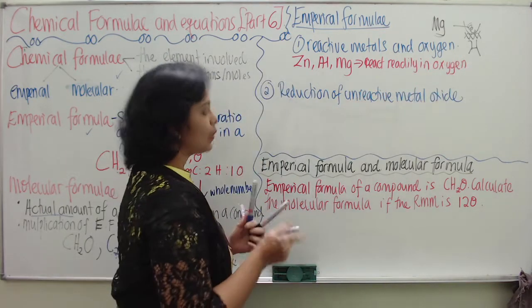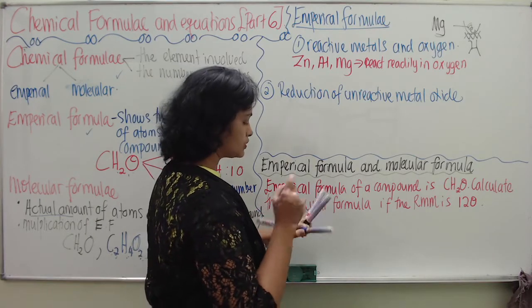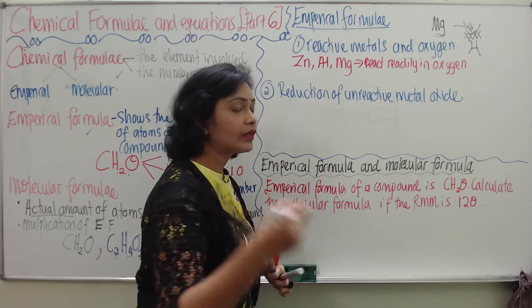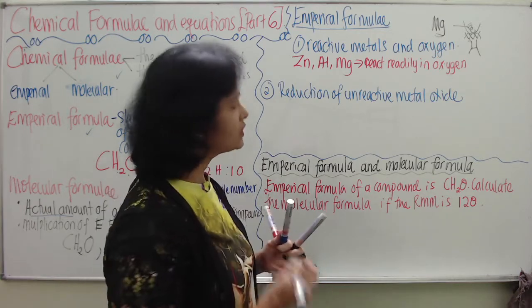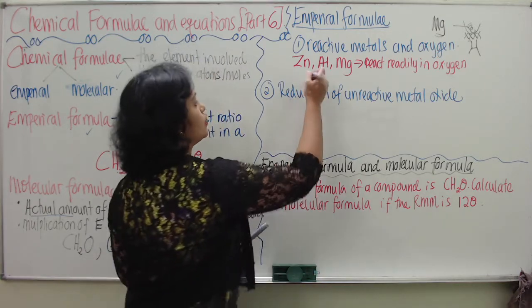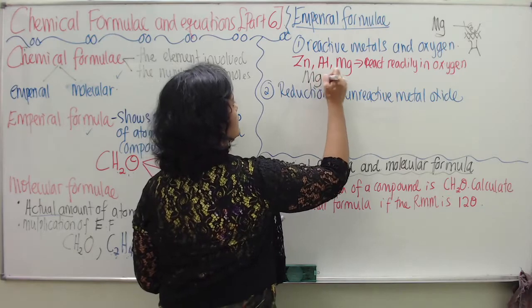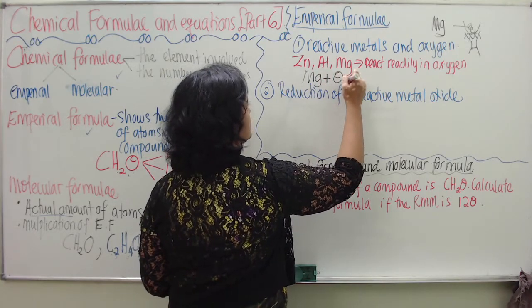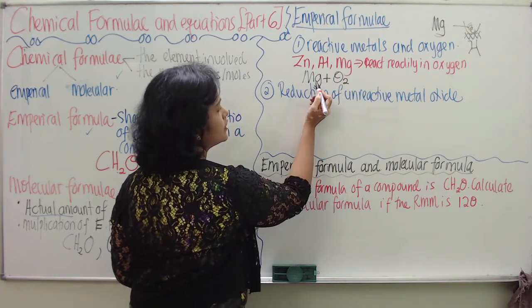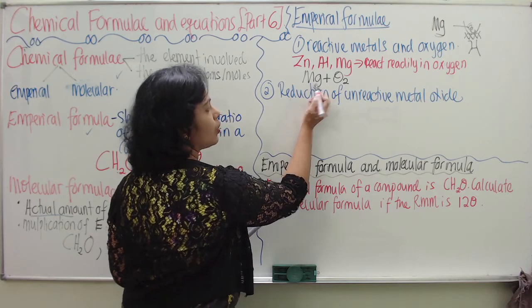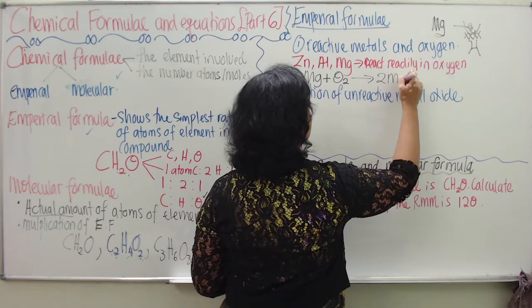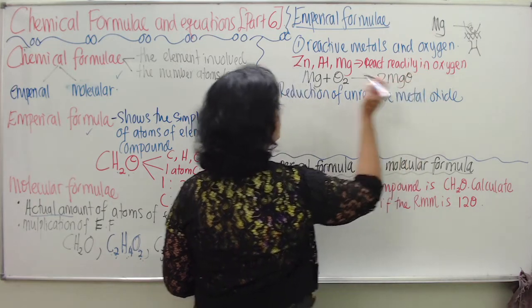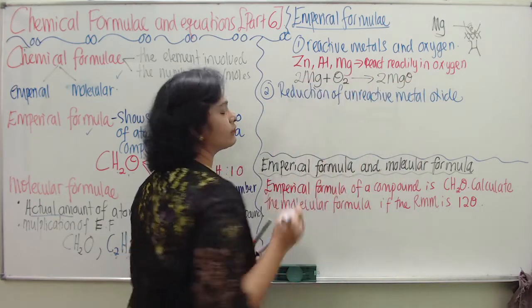For example, let me tell students what the equation is. Since you are not very familiar with equations, you will still write it to show. So magnesium reacts with oxygen. Just an example, you can replace this with zinc or aluminium. It will produce magnesium oxide. So forget about the 2 and 1 in front and all that.